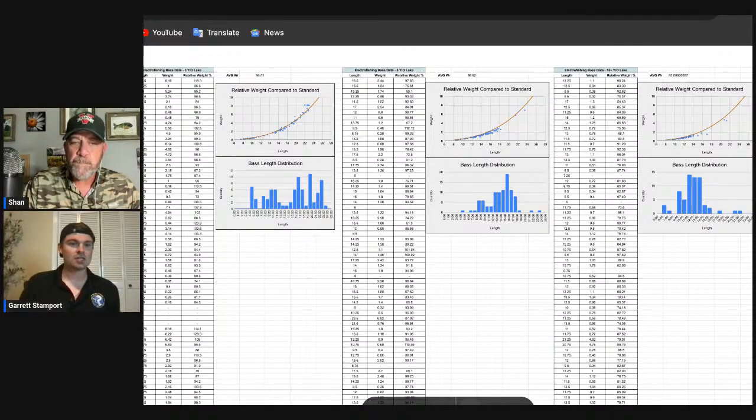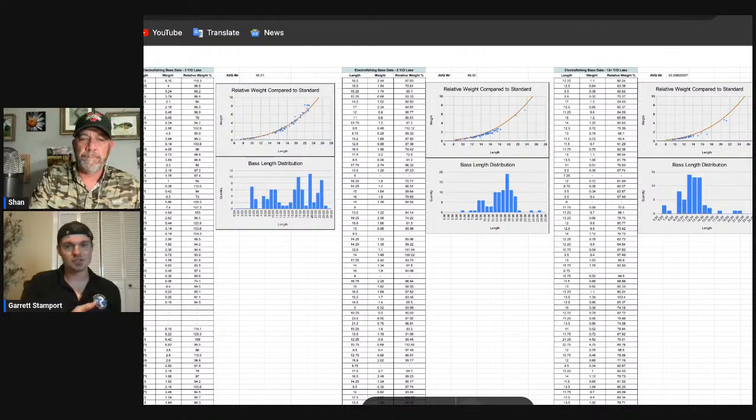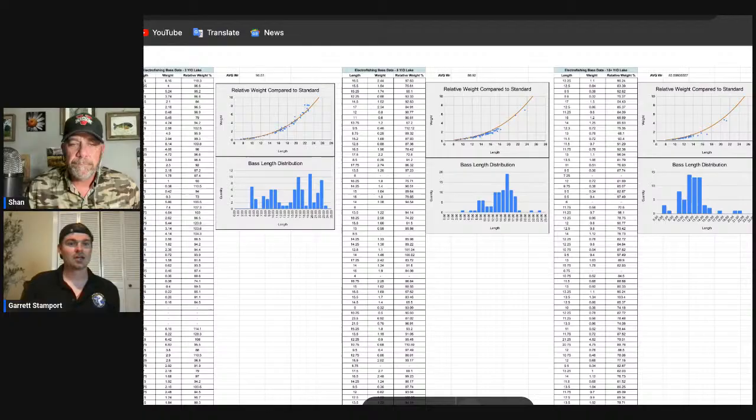But you can see a pretty even distribution of fish from 24 inches all the way down to, I believe, about 8 inches. It's kind of small on my screen, but yeah, it's about 8. You can see there's not really a pileup or an overpopulation at any specific size class of bass in a 3-year-old lake, which is what you want over the course of time,